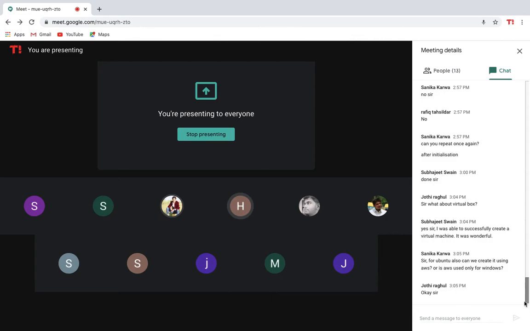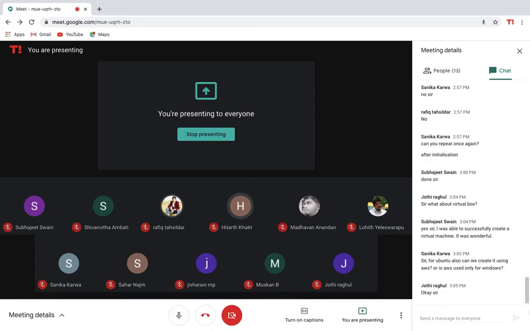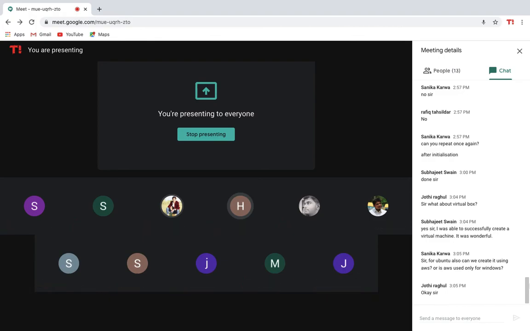There is no problem that only Windows works, because it gives you options to work on Windows and deep learning machines, and for Ubuntu, I think so. Mac is also there. So there are a lot of options there. You can launch Ubuntu. If you guys want, then I will give an Ubuntu option also.